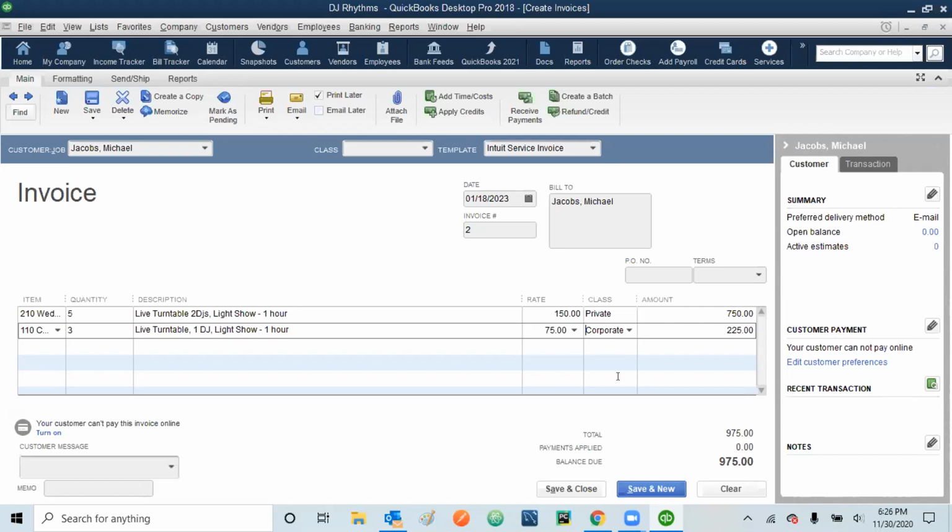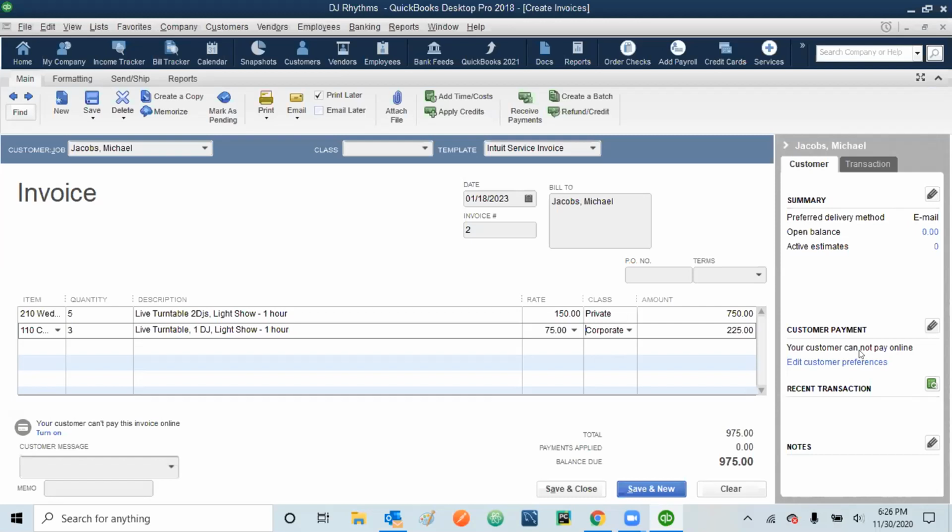So you can also segregate the transactions done with the same customer, but in different capacities. You can see here, one transaction was done as a corporate client, one as a private customer, so that once you are downloading a report, you will see how much business you have given to the private customers and how much business you have given to the corporate client. That will give you a little bit of difference between the types of business you have got.